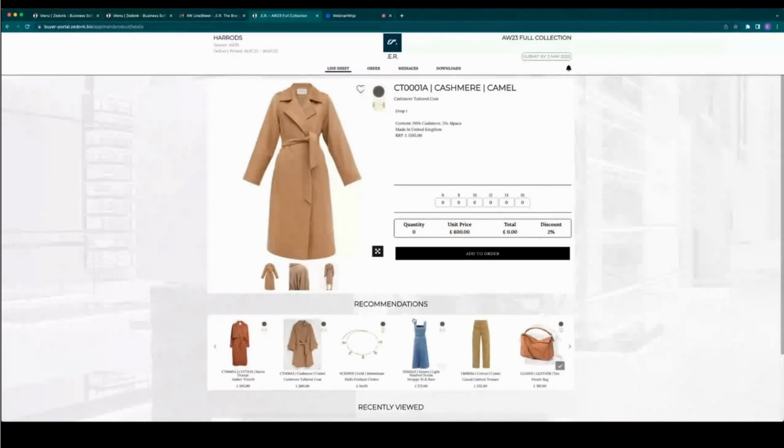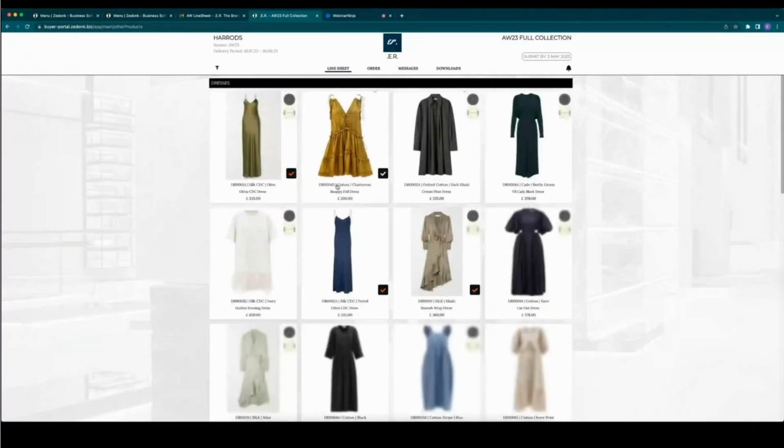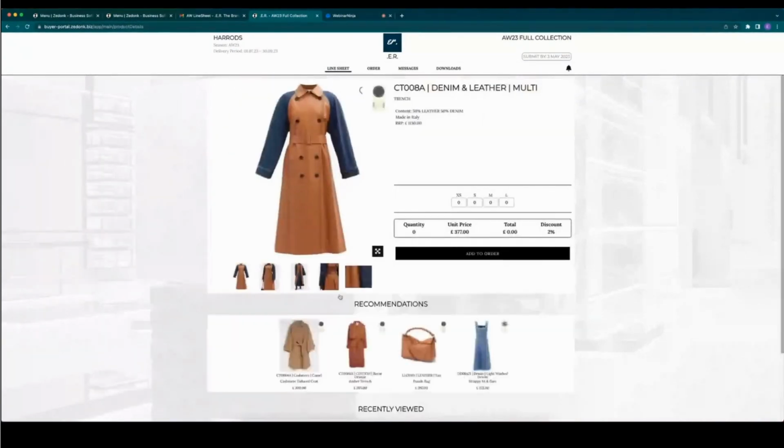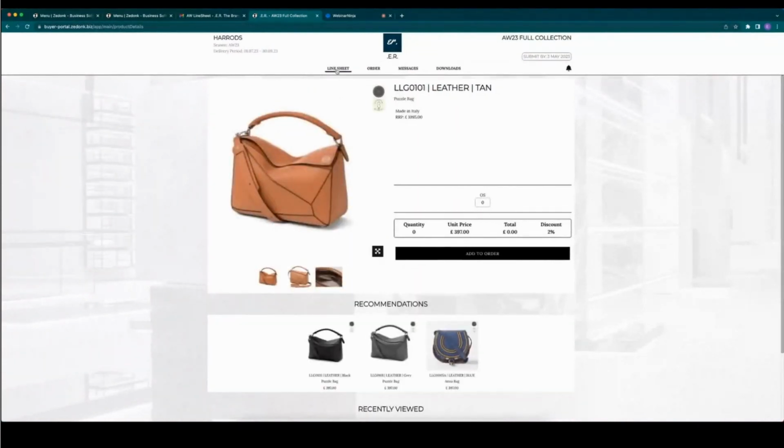Another thing you'll notice at the bottom is something called recommendations. So you can actually assign, whenever a client presses on a specific product, that actually at the bottom you've got a list of recommendations. So again, these things might be other trench coats, for example, or perhaps it is other things within the same color palette, or you might even just be building up the look that's within the lookbook. So how you use this is entirely up to you, whatever makes the most sense to you. And they can simply just click through on these should they want to add these to their order as well.